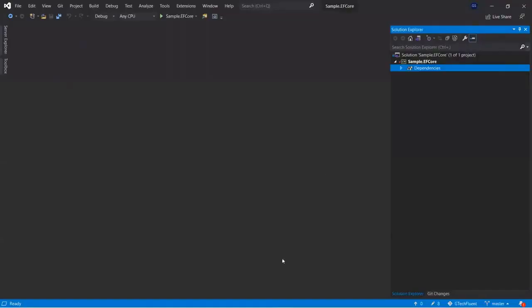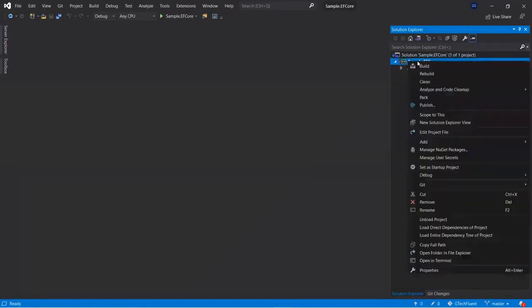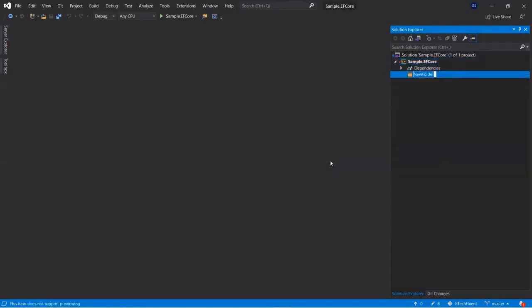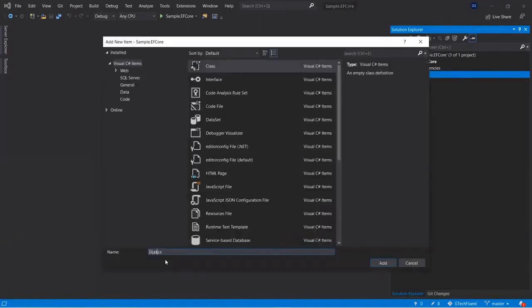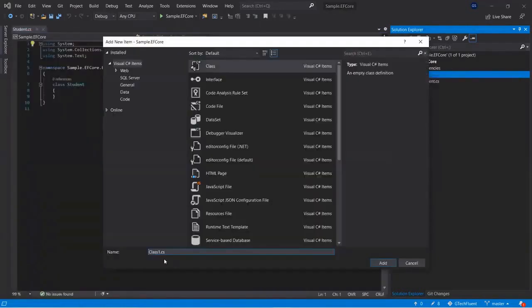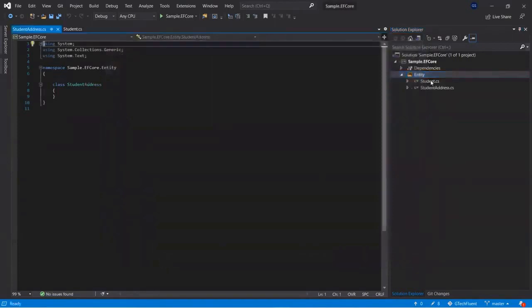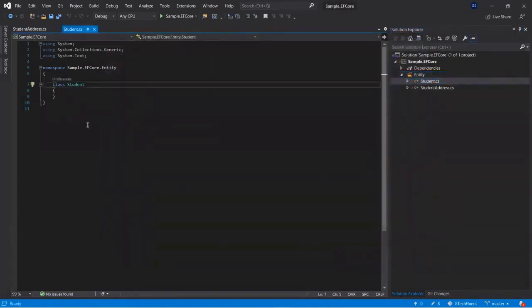in Entity Framework Core. We are in our project which we have created for this video tutorial series. First, we will create the entities, which are regular C# classes with the database attributes. To create the entities, we will create one folder here called Entity. Right click, add new folder, give the name Entity, and add two classes. First is a student class, give the name Student. Second, we require the StudentAddress class.